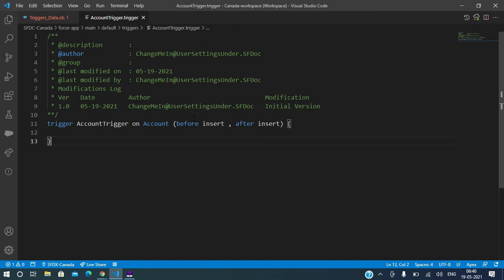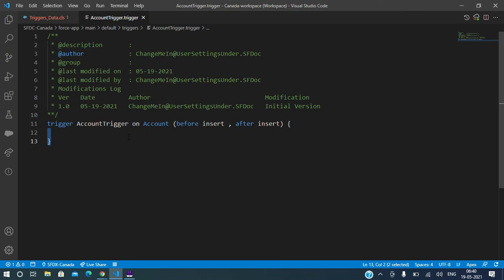We don't write any business logic inside triggers. That's not a best practice. The best practice is to create a trigger handler, which is nothing but your Apex class. We'll do all our business validation checks inside those methods and call those methods at a particular event.